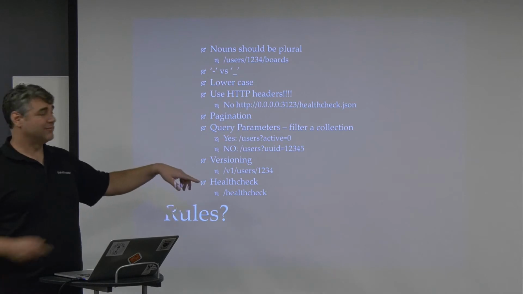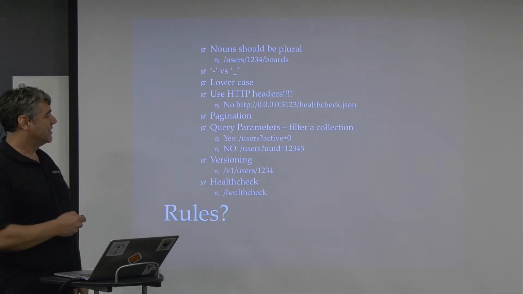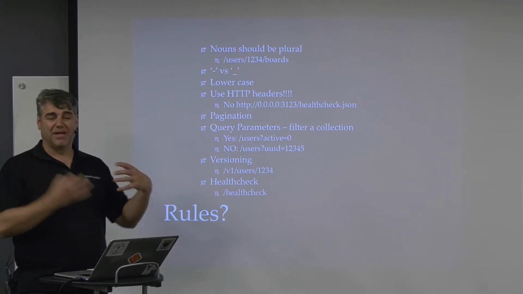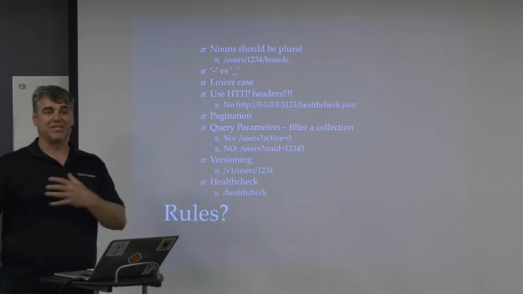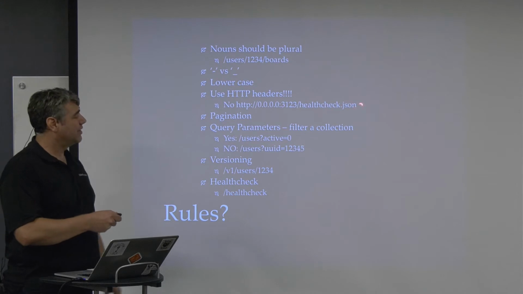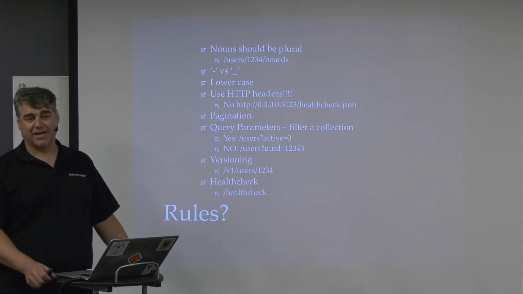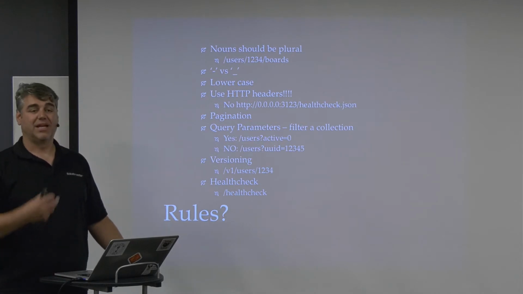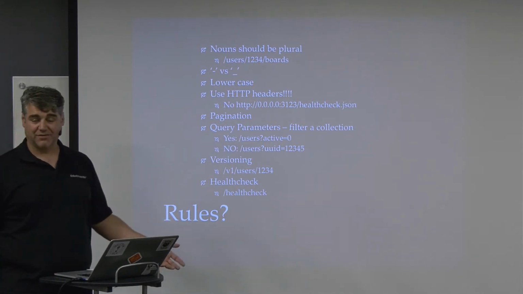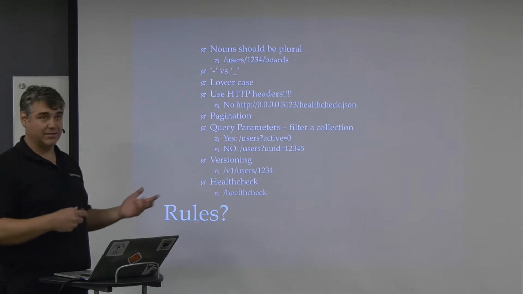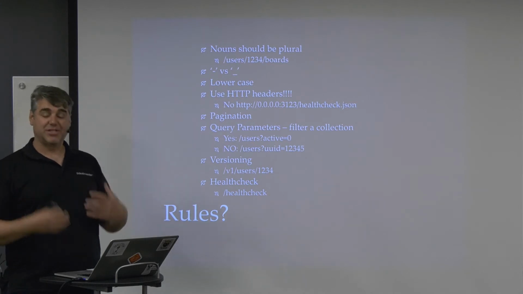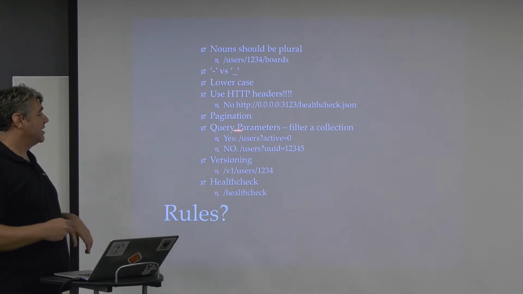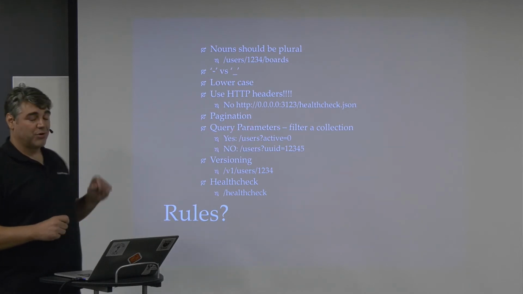Use headers, and I've seen this all the time. Basically, we have a health check, that's great. Then we put in .json. Now we're getting the response back in JSON format. That's the wrong way to do it. There's an HTTP header for that. It's called the accept header. You tell it what you want to accept, and it will. If you don't provide it, you get it in your default format. You provide application/json, you get JSON back if it supports it. Again, documentation. Pagination. This is important to consider